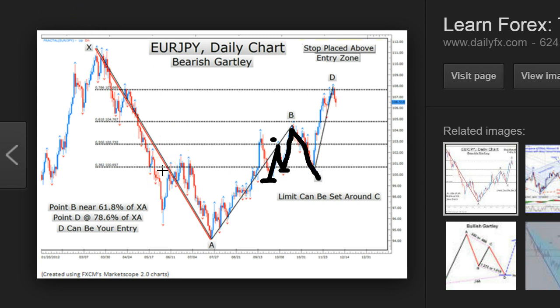E is the biggest amount of money you're going to make. Limit can be set around C to buy. But I thought E was the big, and this is how it can be very confusing. Because the whole point of Gartley, it seems to me, is that you're narrowing your risk window into this thing where this is A, B, I'm sorry, this is A, B, C, D. Isn't this the Gartley? Am I getting this wrong? A, B, C, D takes out B. It's a trap for the